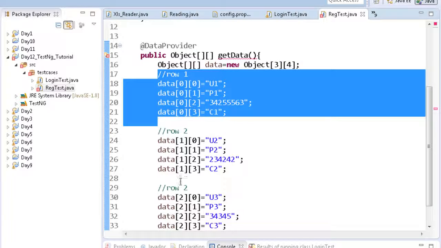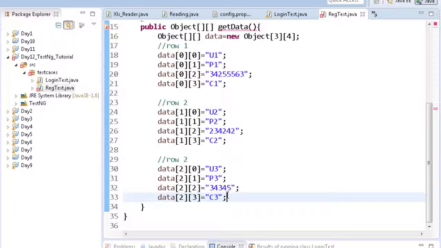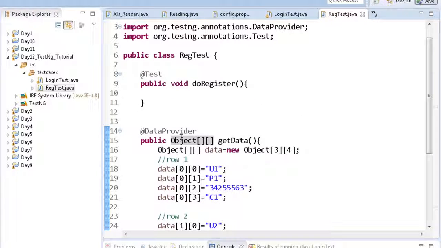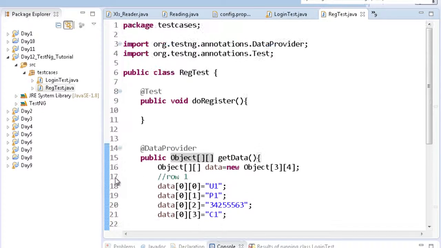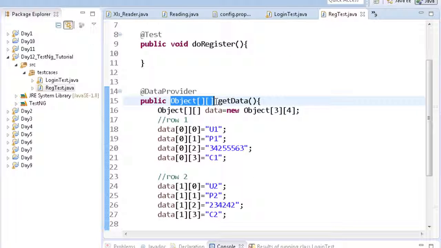These are the 3 rows, and every row has some data. And you write over here return data. So you have to make this data provider. This is the first step. To parameterize this test, make a data provider and make sure it is returning your two-dimensional object array.